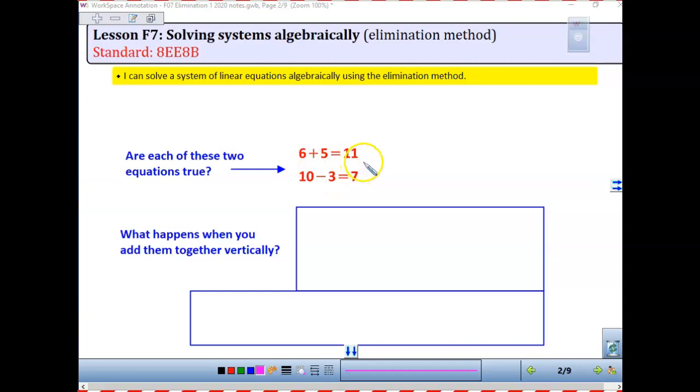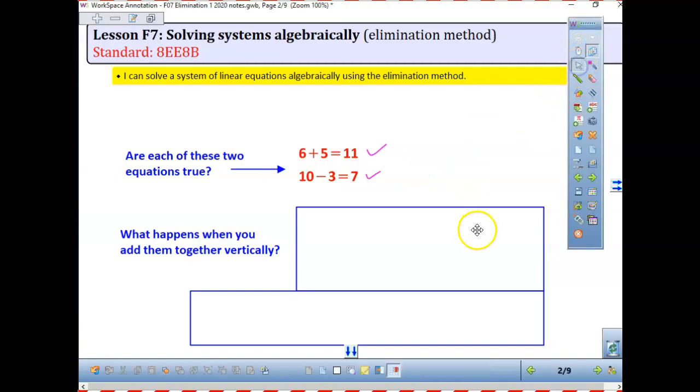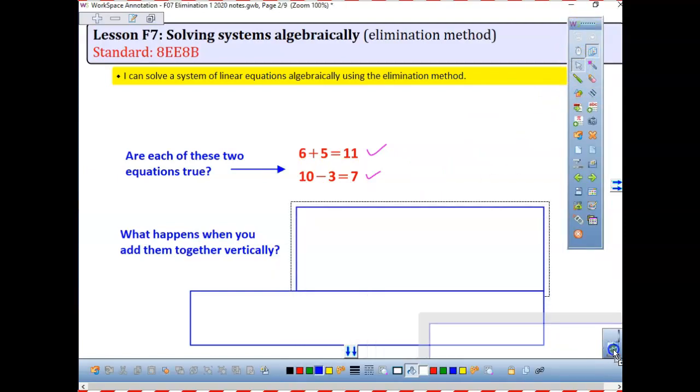So it says, are these two equations true? Is 6 plus 5, 11? Yes. And is 10 minus 3 equal to 7? Yes. So it says, what happens if we would have added these two things together? That's what we were taking a look at. So if I would add them together, do you agree that we would be looking at